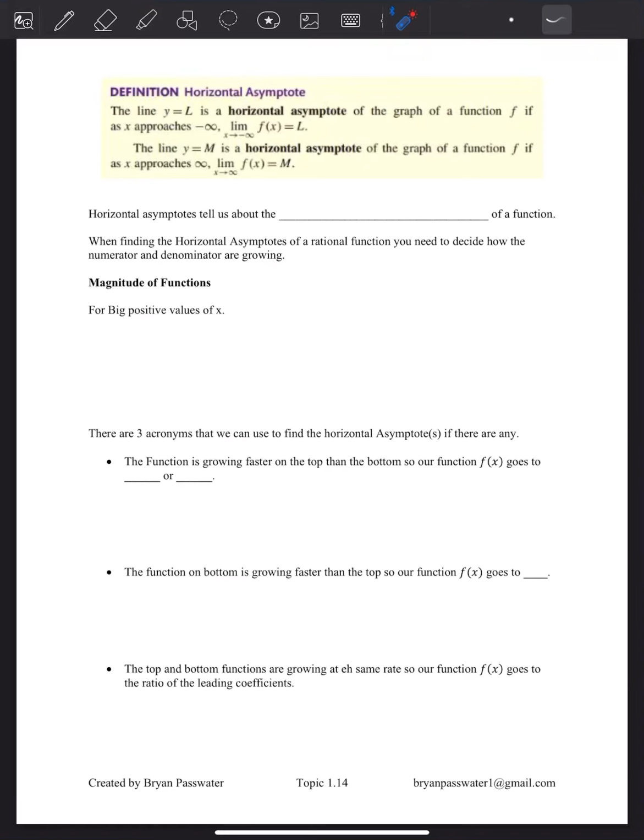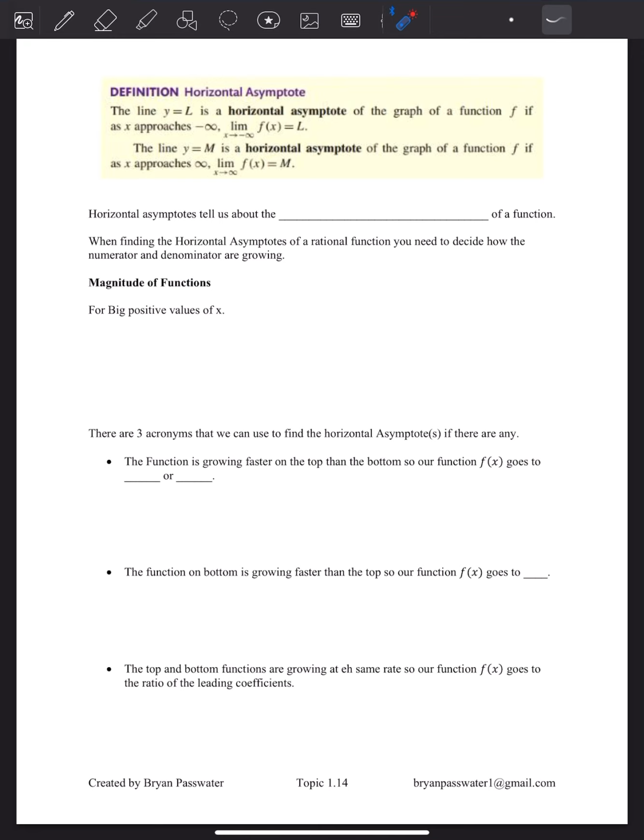So, horizontal asymptotes. Horizontal asymptotes are things that we've seen before and we haven't needed limits to find, and that's generally because it was telling us about something very specific. So, horizontal asymptote. The line y equals L is a horizontal asymptote of the graph of a function f if